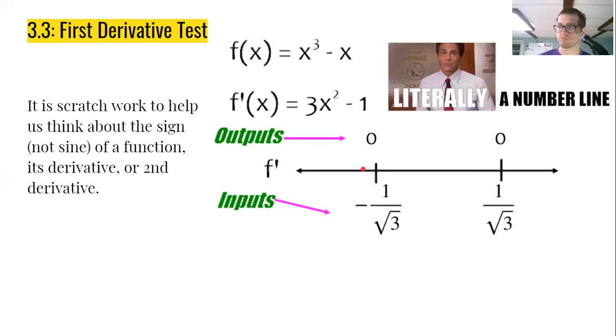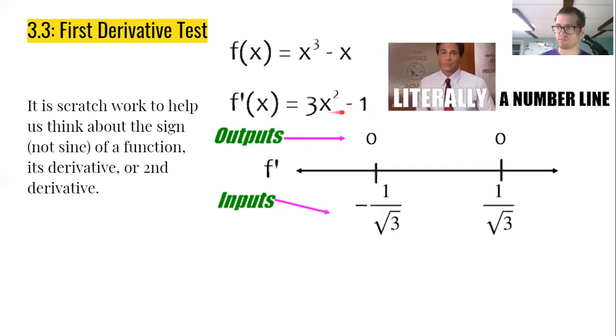Now what I'd like to do is plug in numbers on each of these intervals, because I all of a sudden have created 3 different intervals: 1 here, 1 here, and 1 here. What I'm going to do is plug in some number, any number in that interval, and see if it's positive, negative, 0, or undefined. So let's look at this first interval. I'm looking for a negative number less than negative 1 over square root of 3. How about negative 10? If I plug in negative 10 to the derivative,